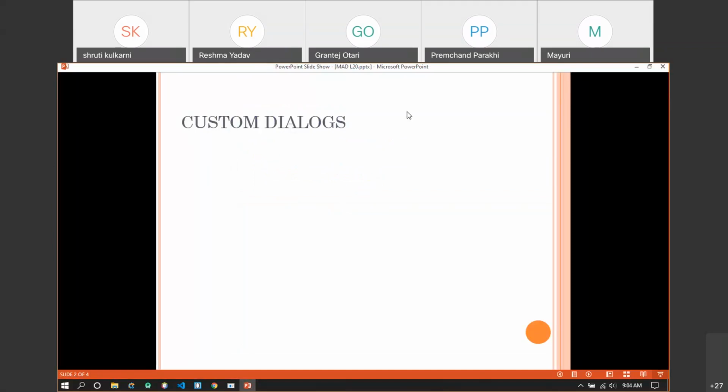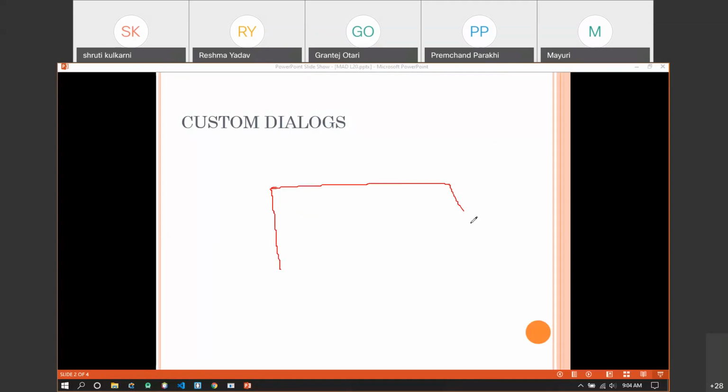Suppose the dialog that we want to display is basically like this. Let me take a pencil tool. So this is the structure for the dialog that we want to have.